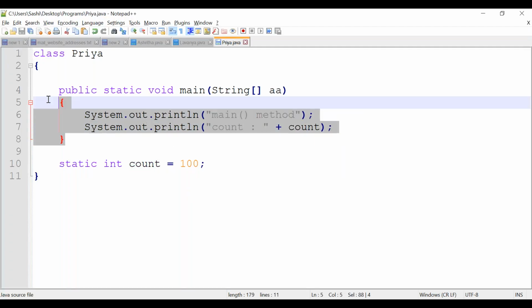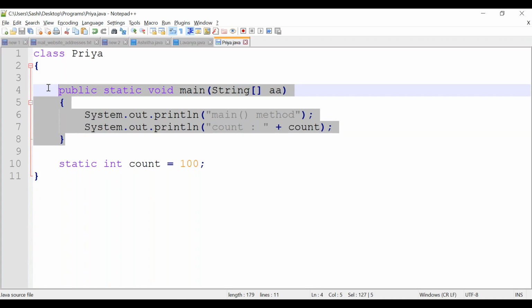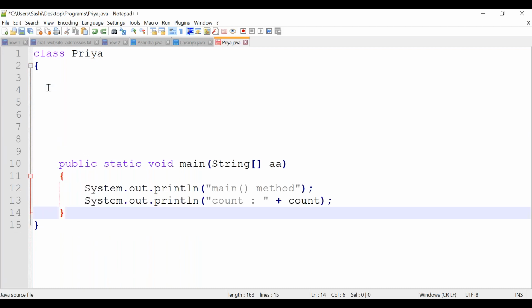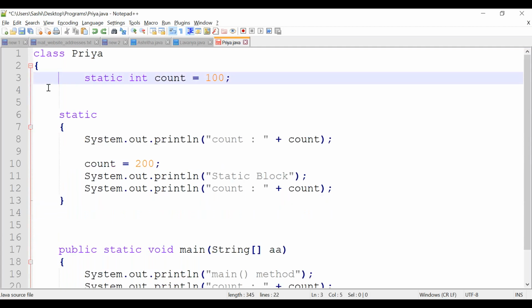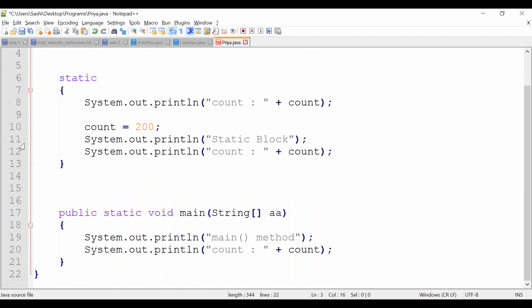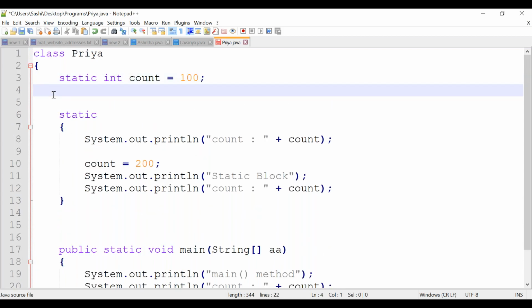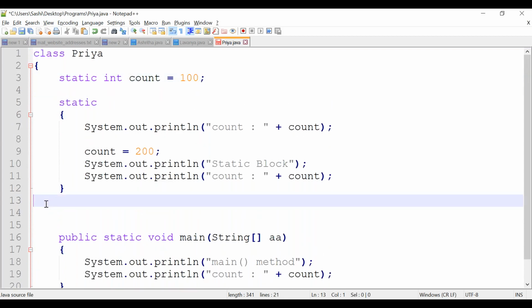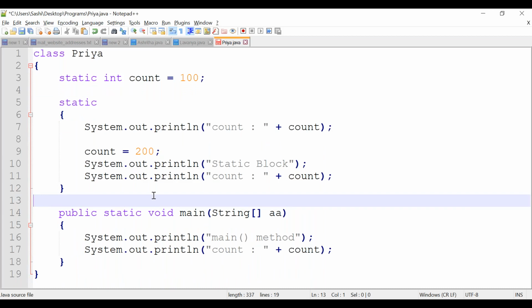If there is no static block, that's okay, you can declare static variables anywhere. But the good way of programming, the industry standard, is that the static global variable should be declared first. Once you declare static global variables, then the static block should come into the picture, correct? Then all the methods. So the program order should be like this.